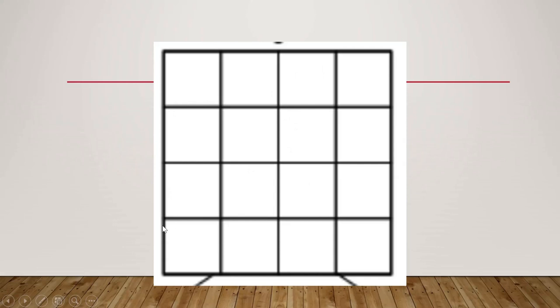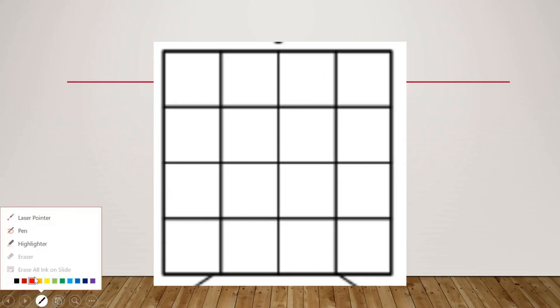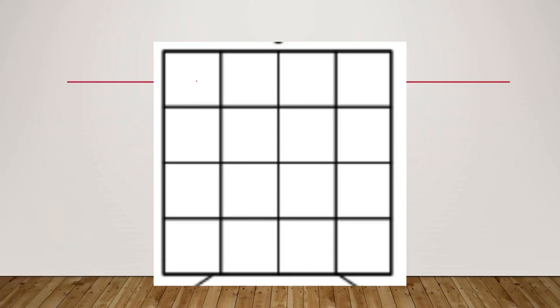For example, let us take a 4 cross 4 chessboard and 4 queens. These 4 queens are to be placed in this 4 cross 4 chessboard. Let us first place Q1 in the first position, that is the first row, first column. Then there is a possibility of placing Q2 in the second, third or fourth column of the second row, because it cannot be placed in the same row or column as Q1. Let us place Q2 in the second row, second column. But this is a wrong procedure because Q2 is diagonal to Q1. So we should backtrack and remove Q2.